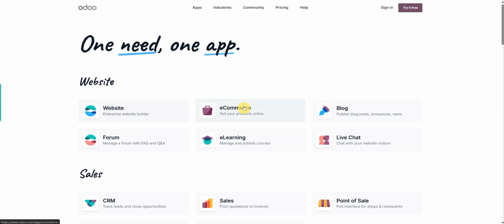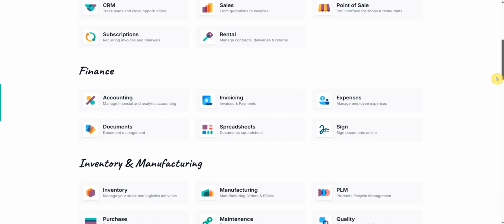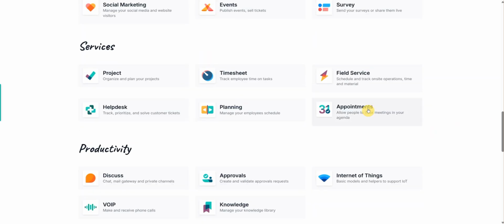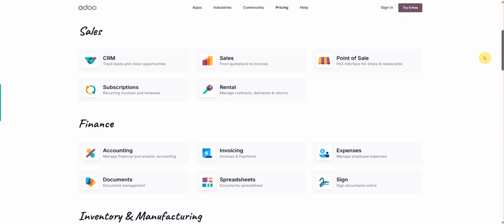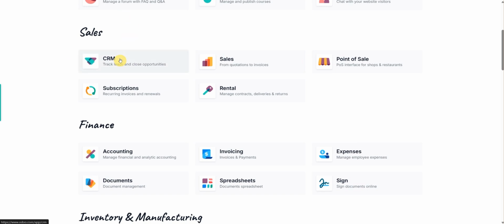There's a website app, which you can extend with extra functionality like e-commerce, a blog, e-learning for your own course environment, live chat, and there's also an events module, so you can publish and sell events tickets. There's an appointments module, so you can let people book a meeting in your agenda and let them pay for that as well. And there are all kind of other apps like sales app, which is CRM,